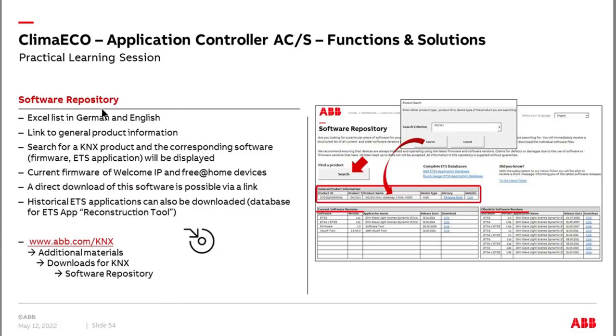Our software repository is more or less the collection of all our ETS applications from the beginning of KNX up to current components. So you get for every product any ETS application in ABB IBAS KNX. It's very good if you have an old product you would like to reprogram and you need an old application. It's all here available on our homepage, abb.com under additional materials, download for KNX, and then it's an Excel file called software repository. It will be always updated with the new components,